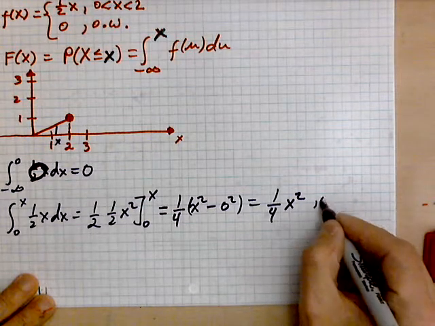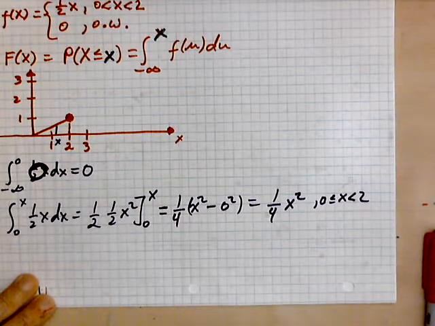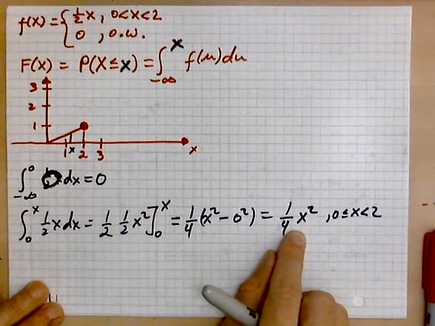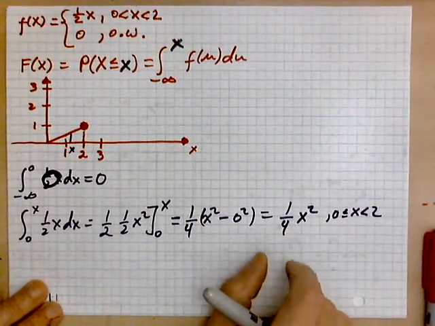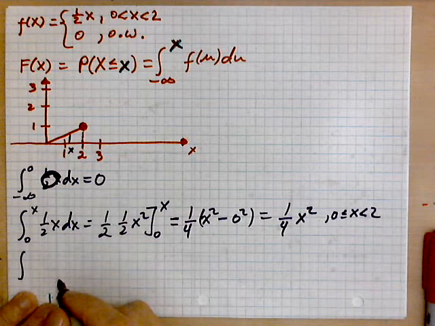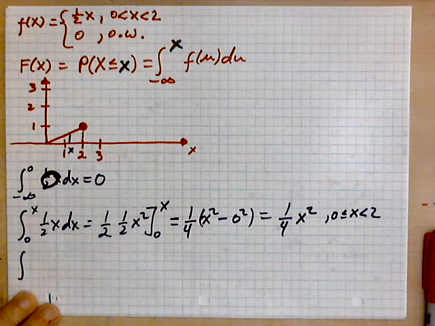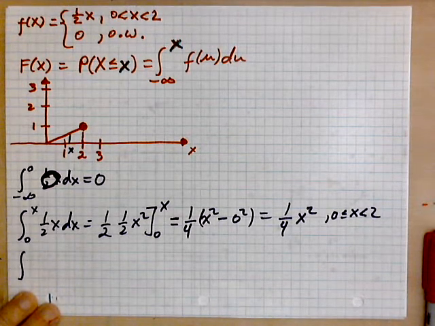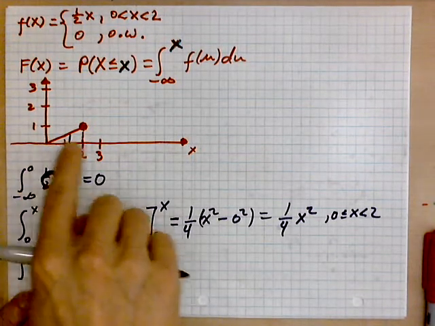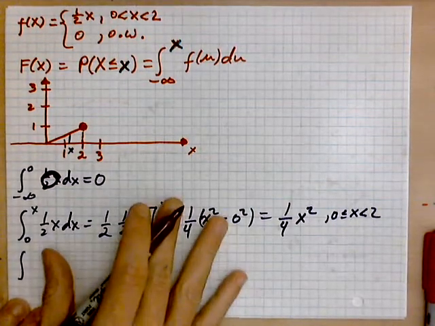And this, you could say, lies between 0 and 2. Okay? So this is the probability distribution function between 0 and 2. And the last one, of course, is from everything accumulated, right? Everything that can possibly be accumulated. So that's everything from negative infinity up to 0, from 0 up to 2, and then from 2 all the way to positive infinity. Okay, so that breaks up into 3